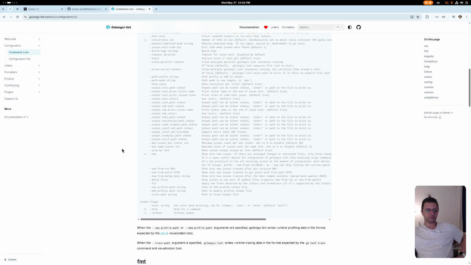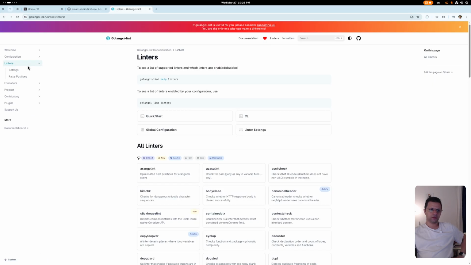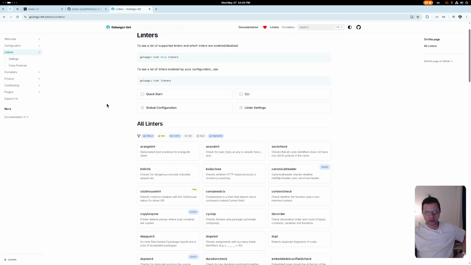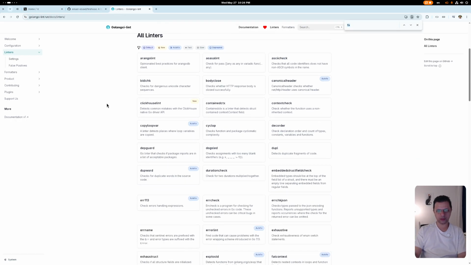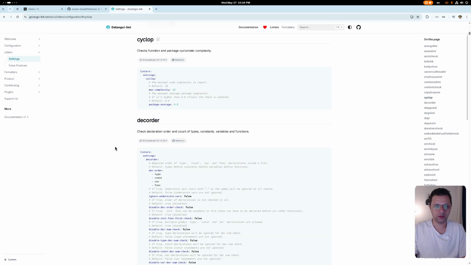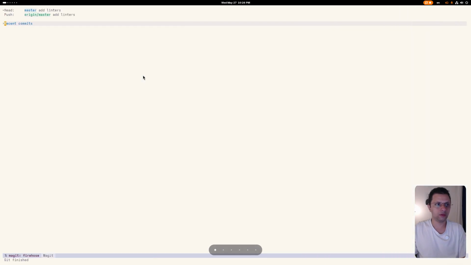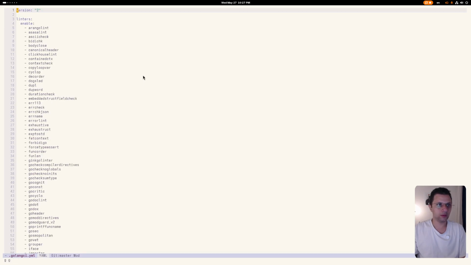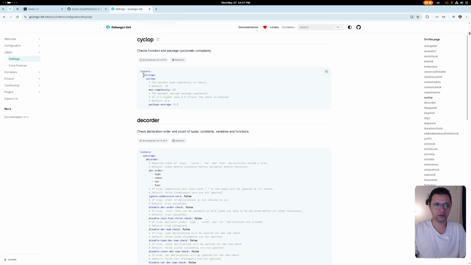Okay. There are also formatters. Because like in the linters, there was this like cycle. Yeah. So this one. Linters, settings, okay, let's do this. Linters, settings,